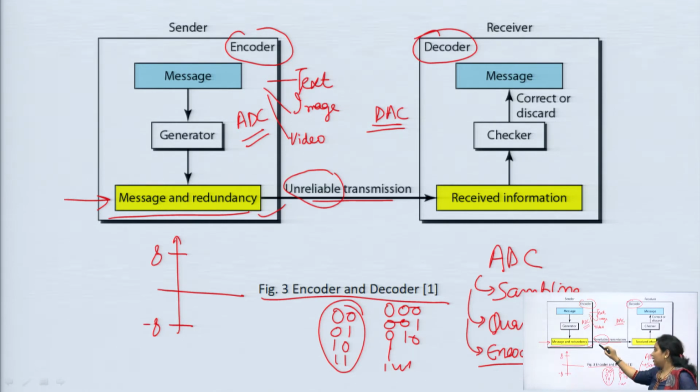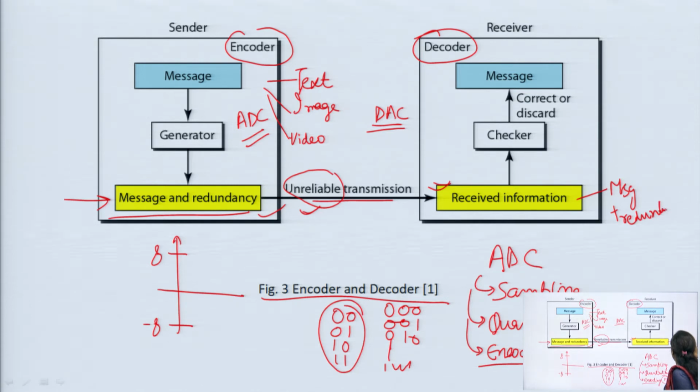But in case of the unreliable transmission, you cannot rely on the connection that you have set up between the transmitter and receiver. If any problem occurs, then you have to find out where the problem has occurred, and it is time consuming basically. So, this is the main disadvantage of using the unreliable transmission. You have set up a link between the sender and the receiver, and at the receiver side you are going to receive the message plus the redundancy information that you have added